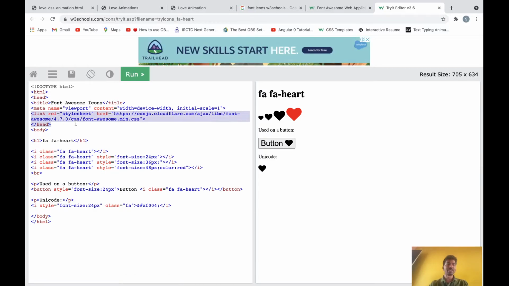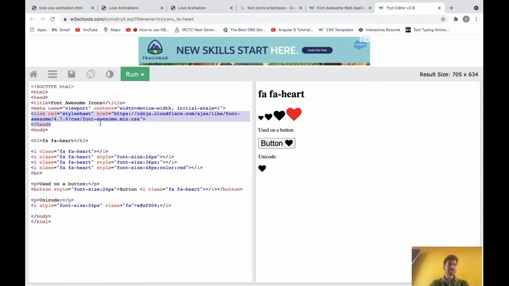So first of all, we need to link this one. We need to include this link in our HTML page. Then all these Font Awesome icons will be available for use. After that, for getting the icon, you can use it like this. For a heart, this class is required. Okay, and the style is optional. Based on your requirement, you can give this style, font size and color, all these things. Okay, so let's copy one of these.